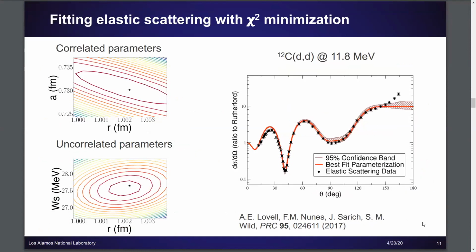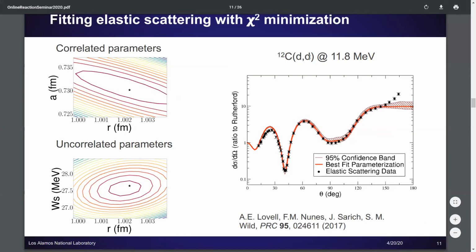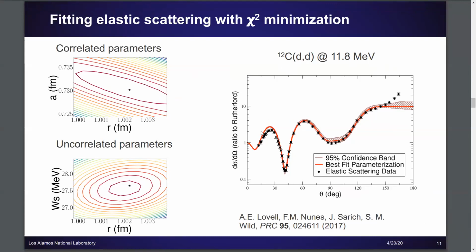And so first, I'm going to show an example of the confidence intervals that we get from fitting elastic scattering with this chi-square minimization. The transfer example we're looking at is carbon-12 (d,p) at about 12 MeV, and this is done under the approximation of DWBA. So I'm showing here the deuteron carbon-12 elastic scattering cross-section. After we go through this whole procedure, we do the minimization, construct the parameter space, make our draws, and propagate them through the model. These are the confidence bands or intervals that we get.